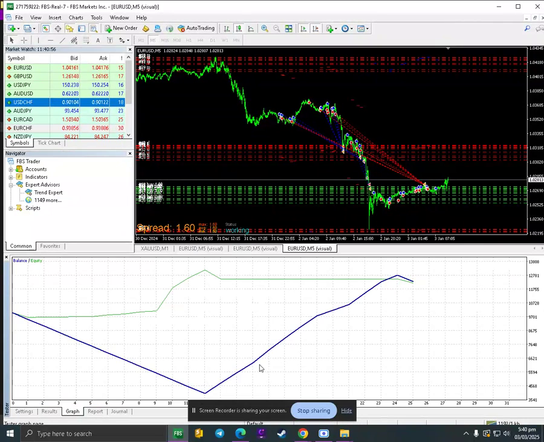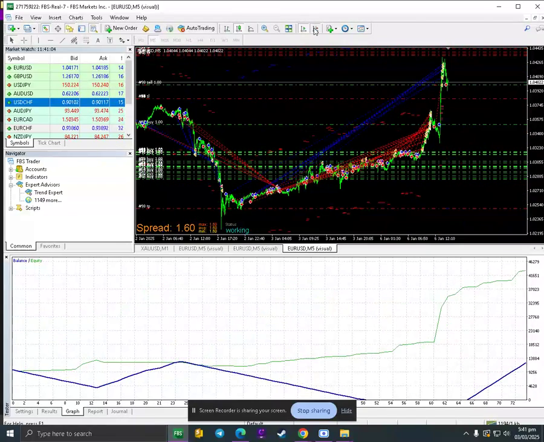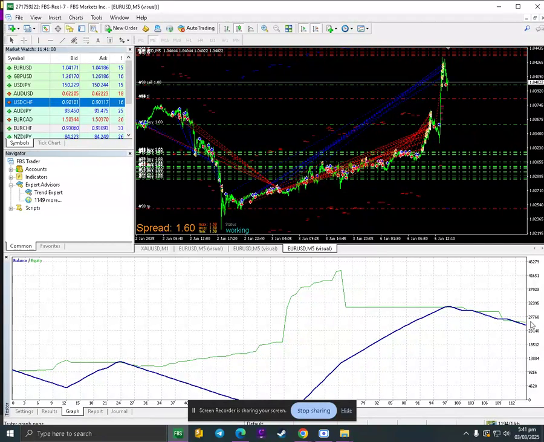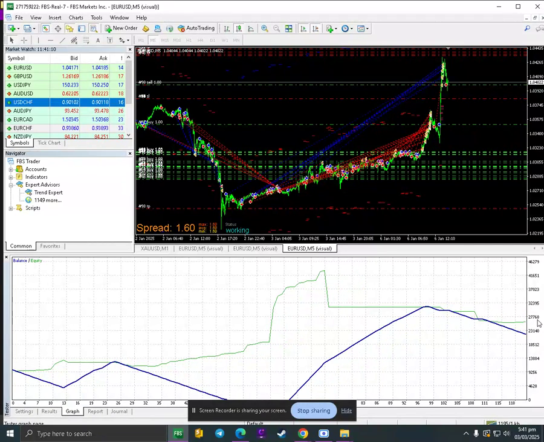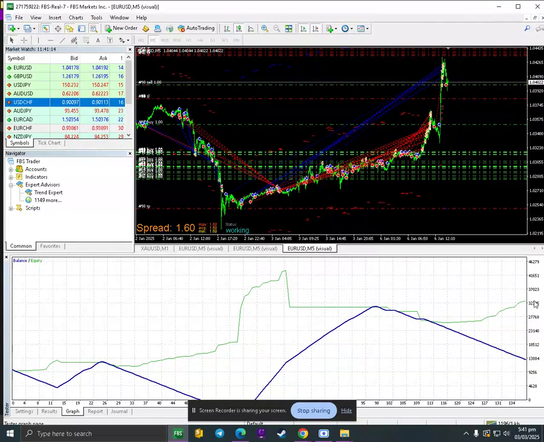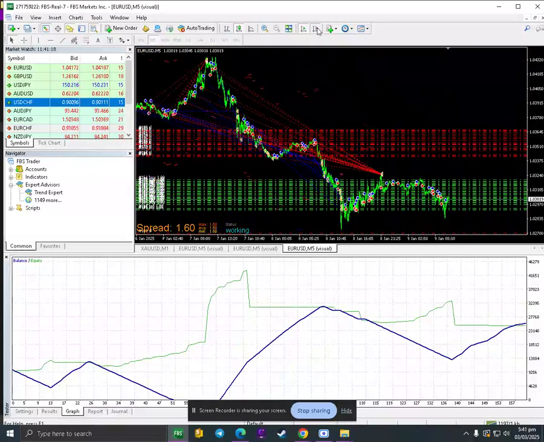I think this is promising, but it's also very risky because it trades a lot, you know. We use a 10,000 balance, but the balance right now is 27k, 32k. But this is a very risky EA, guys.